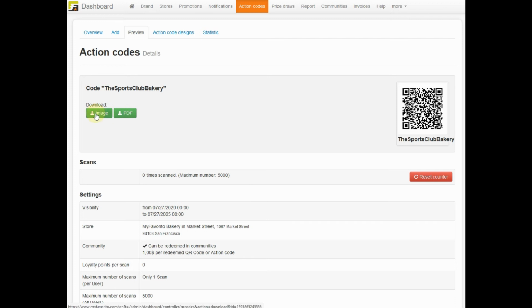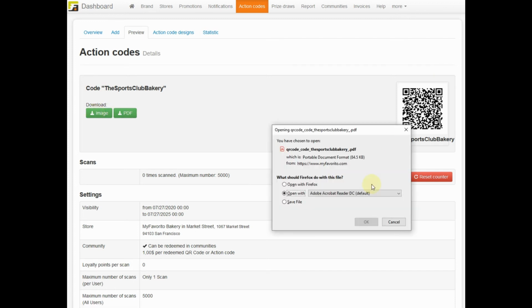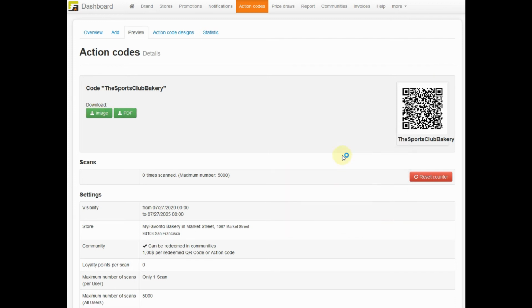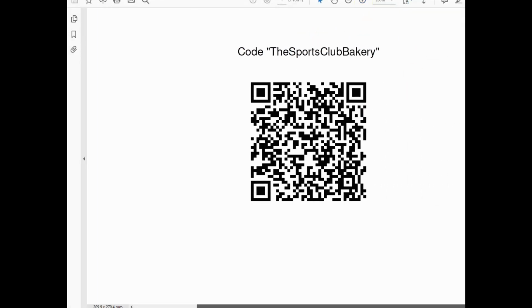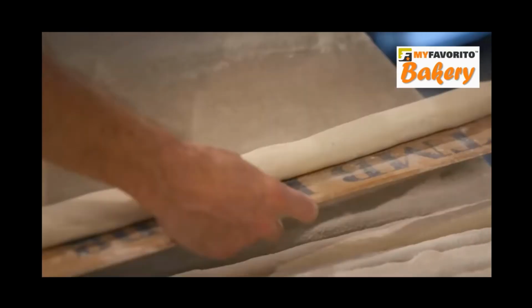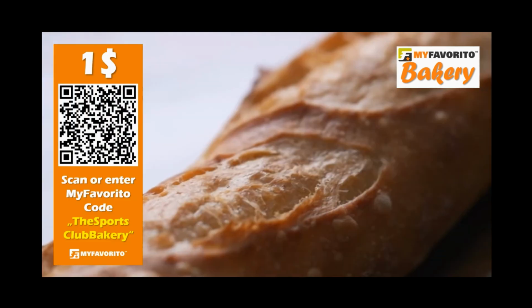For every generated speaking action code, you also get a QR code. You can now publish and promote your new speaking action code, or you can embed the QR code into your